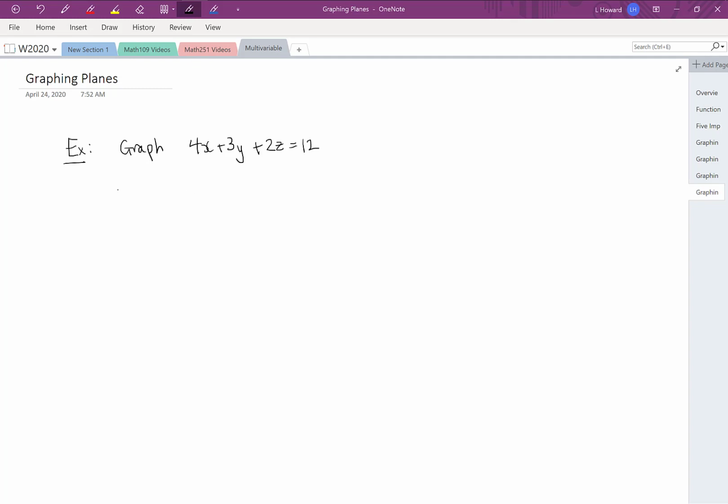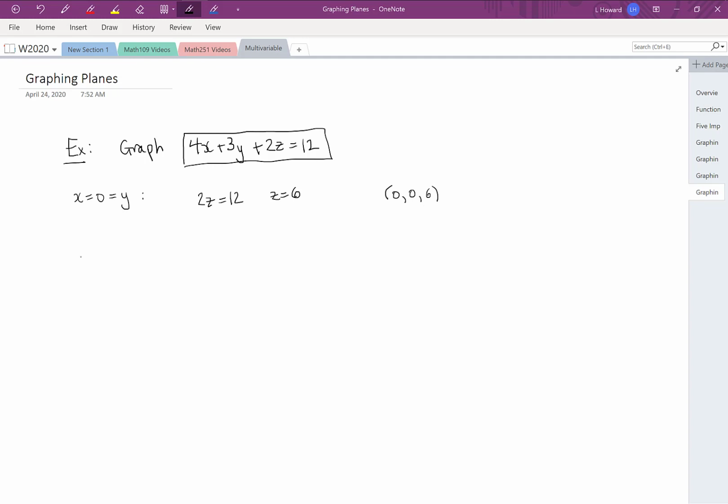So the way I would start graphing this is to think about the intercepts of this surface. The way we figure out the intercepts, we're going to let x and y both equal 0. We plug that into the equation for our plane, and that's going to give us our z-intercept. Plugging x equals 0, y equals 0 into this equation, the first two terms disappear. We just have 2z equals 12. In other words, z would be 6. So if we write that as a point, we've got x equals 0, y equals 0, and z equals 6